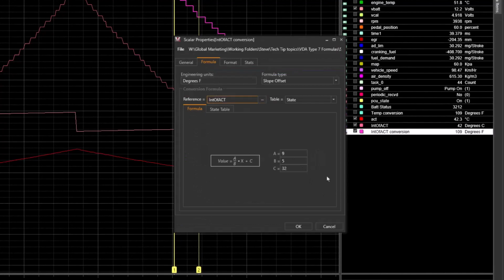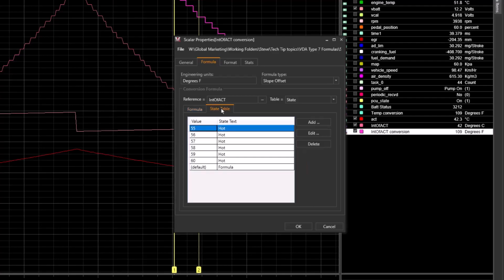For table equal, select state from the drop-down selections. This will activate the State Table tab. While in the conversion formula section, on the Formula tab, enter values A equal 9, B equal 5, and C equal 32. These values are for the slope offset formula converting Celsius to Fahrenheit using equation Fahrenheit equals 9/5 of Celsius plus 32. Select the State Table tab and select Add to add values and state text to reflect message